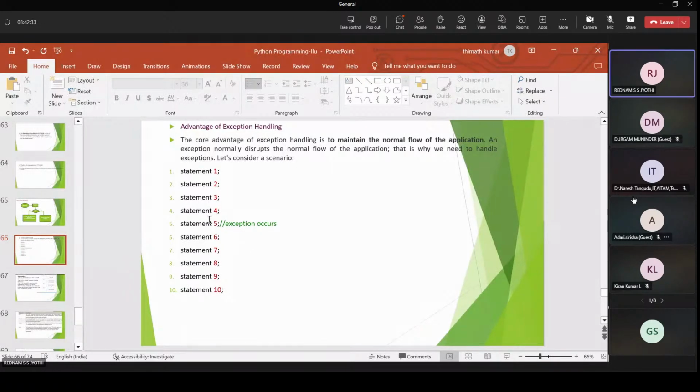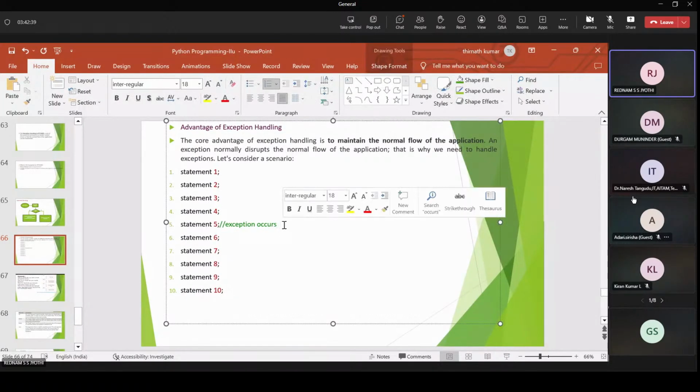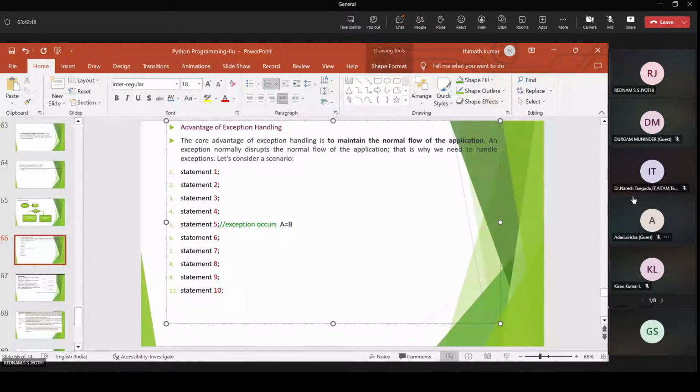So here there are 10 statements. At the fifth statement we have some code where an exception occurs, something like A equal to B by 0. Execution always starts from 1, 2, 3, 4, and so on.